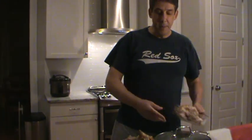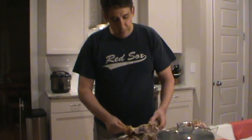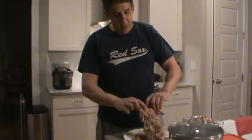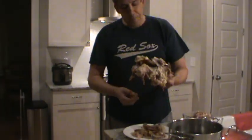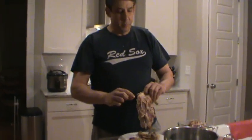But anyway, I picked all the meat off of it, and what I have left is the carcass, okay? So I took some of the real fatty pieces of meat. There's little bits of meat on here that I couldn't get off, but the fat, bones, things like that. And you could use everything on the chicken. They used to say that about pigs, that you could use everything but the oink. It's almost true with the chicken,